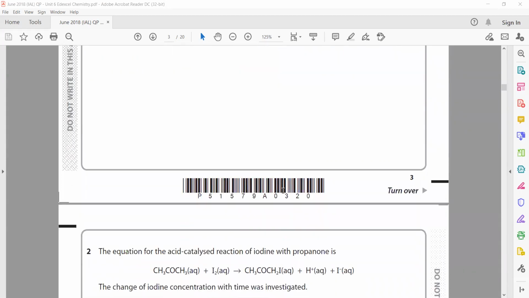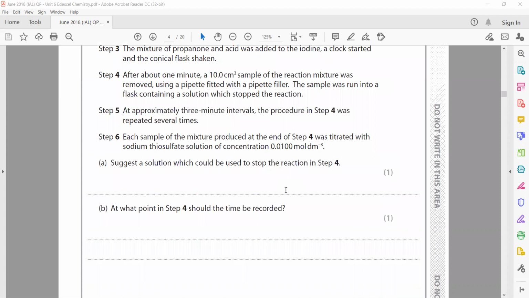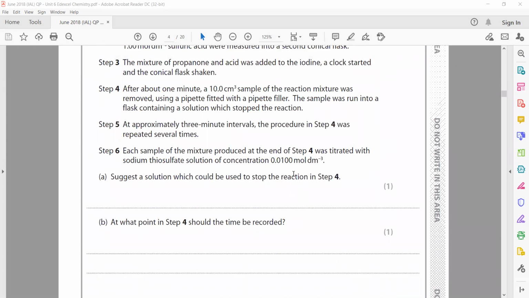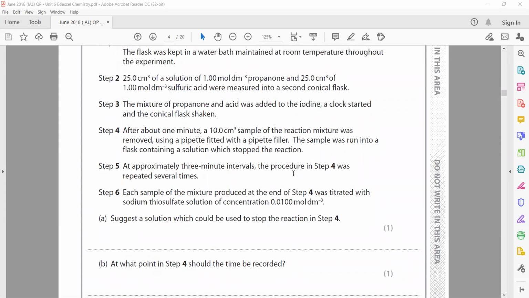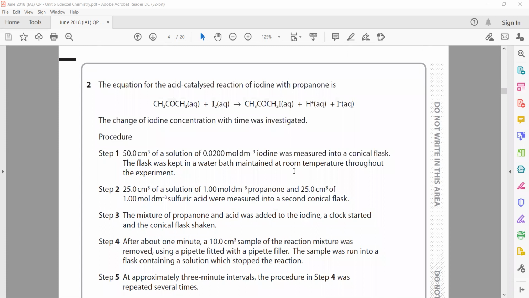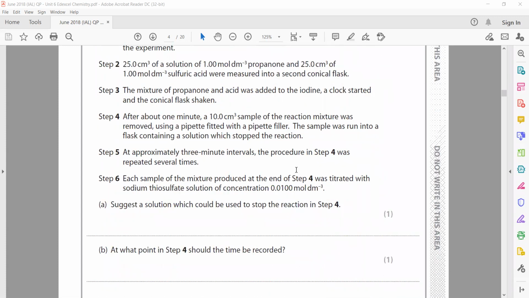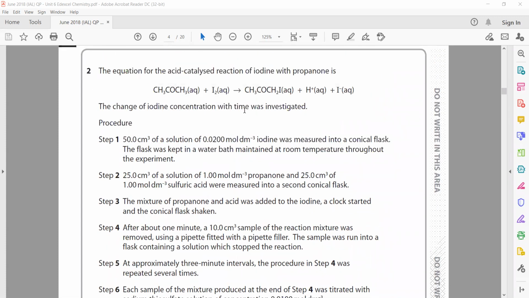Next is question 2, part B. At what point in step 4 should the time be recorded? Basically what we are doing, we are finding iodine thiosulfate titration. This is the iodine and propanol reaction, and then we